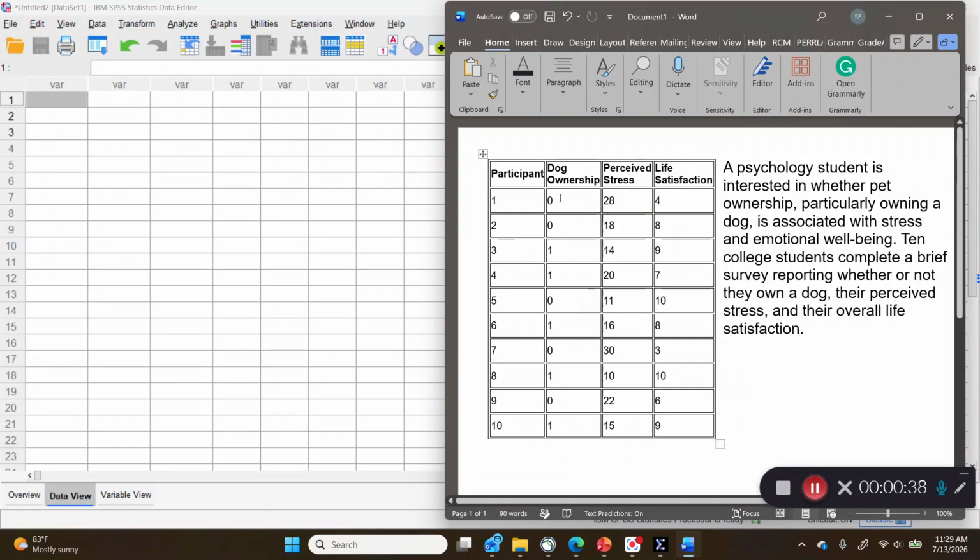Okay, so here, dog ownership 0 means they don't own a dog, and 1 means they do. So this is participant 1. They don't own a dog. They have 28 in perceived stress and 4 for life satisfaction. This is participant 2. So you see we have all 10 participants' data right here, and we need to get